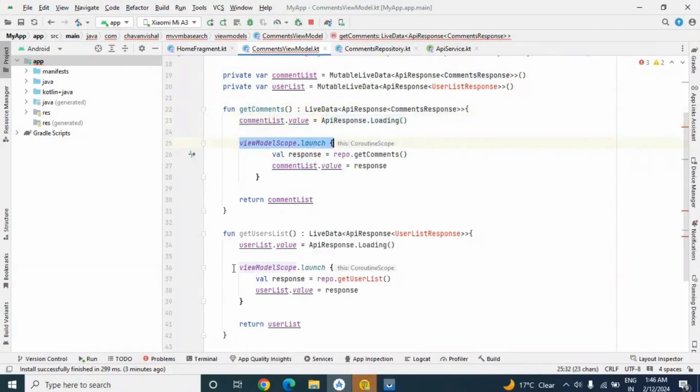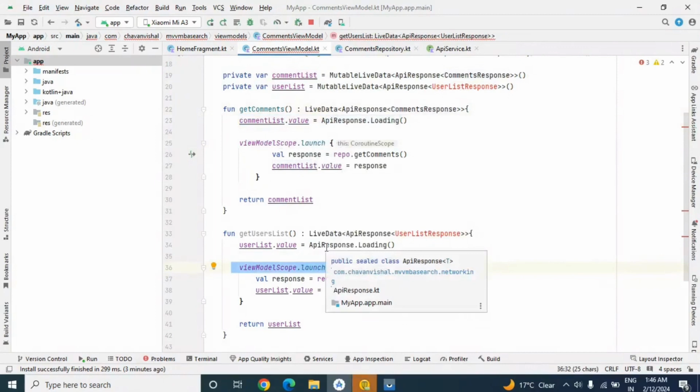Also view model scope dot launch, this also you need to write 10 times. So this is the issue with this view model: we need to write a few lines of code multiple times. So here we will create base view model class and will keep common code in it, and it will act as a super class for all other view models.